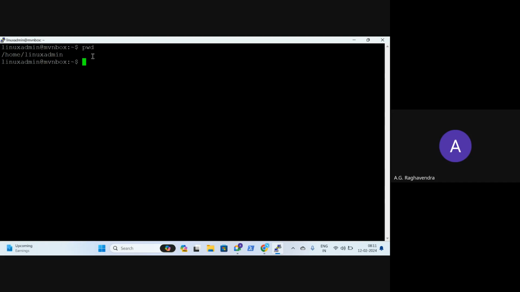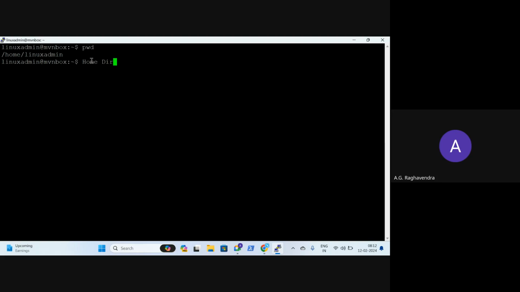That means any user that is created in Linux will have his own folder. That is his personal folder, and nobody can access it except him. If I have another user called Raghav, when Raghav is connecting, he will connect to slash home slash Raghav. So this is called the home directory.